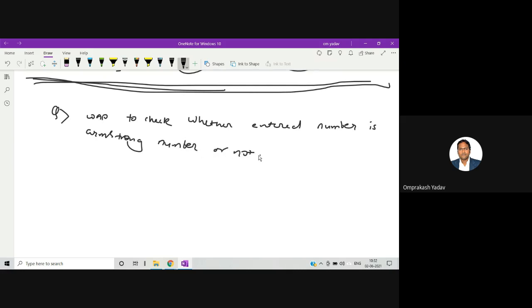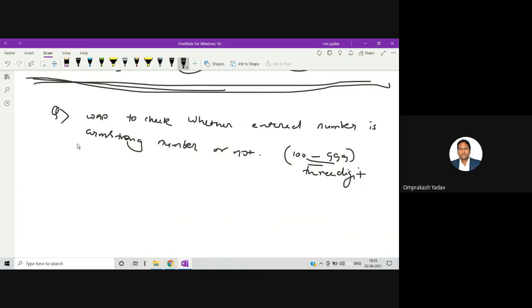Okay. So user will enter any number, and Armstrong number is from 100 to 999. Okay, only 3-digit number I'm talking about. So user will enter any number from this range, okay, and then we have to tell whether the number entered is Armstrong number or not.